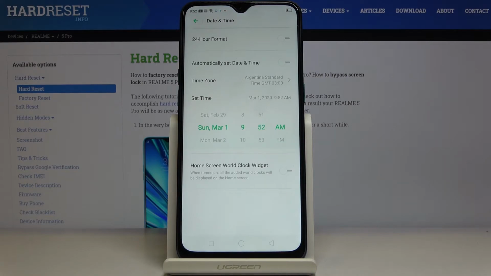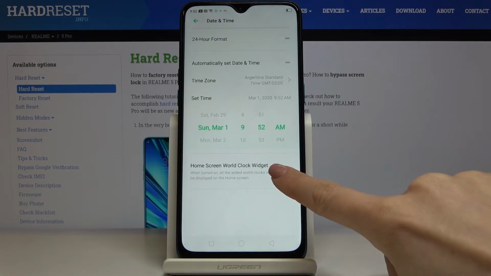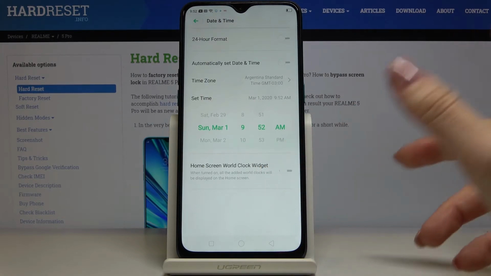So that's it. From now on, it's up to you what date and time it currently is, and also in which time zone you are staying. You can also activate home screen clock gadget by tapping here, but you can also switch it off the